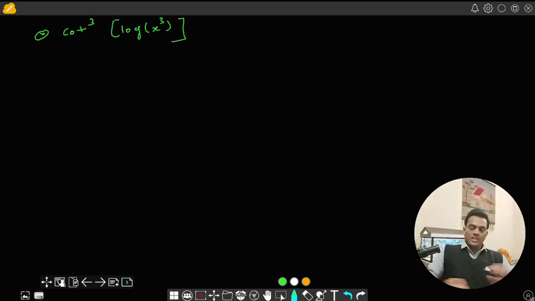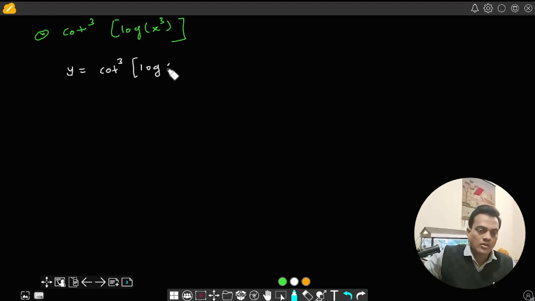Okay, now it is a function. Now this is also a composite function, first of all, because it is dependent on cot as the first function, log as the second function, x cube as the third function. So it is a function of function, function of function, like that. So how to solve this particular problem? We have to first of all consider this as y is equal to cot cube of log of x cube,